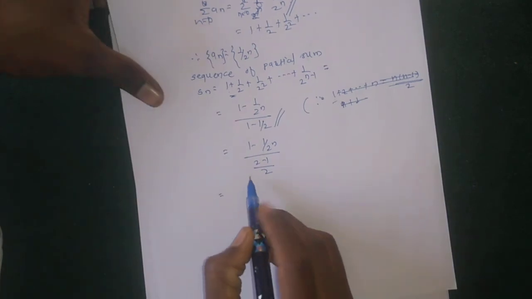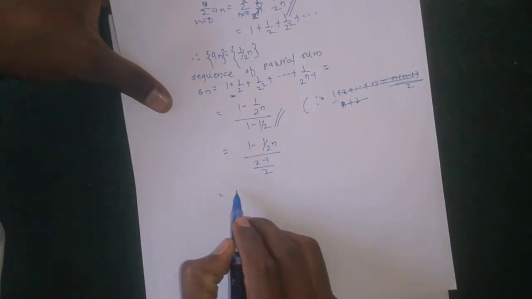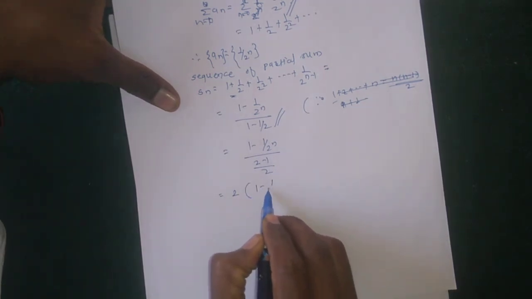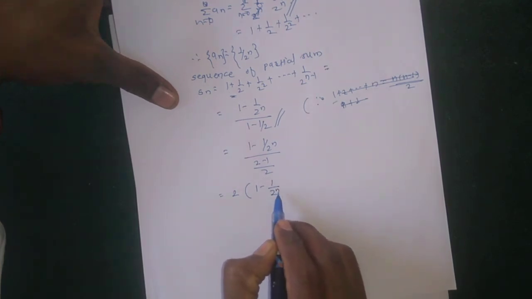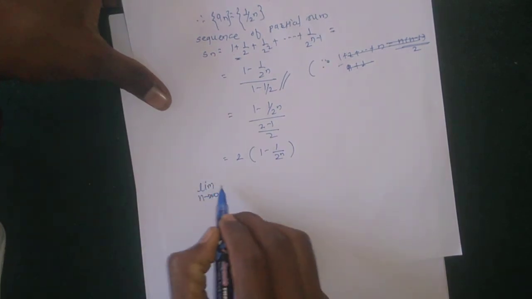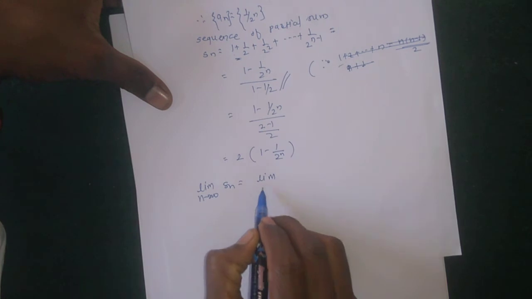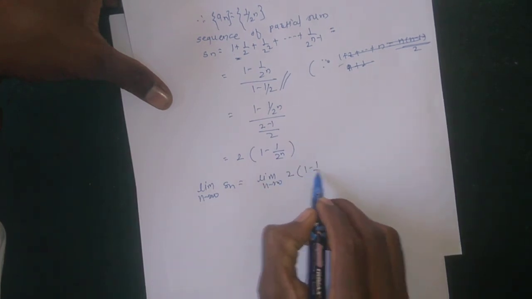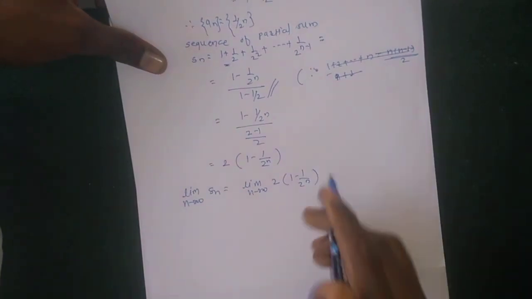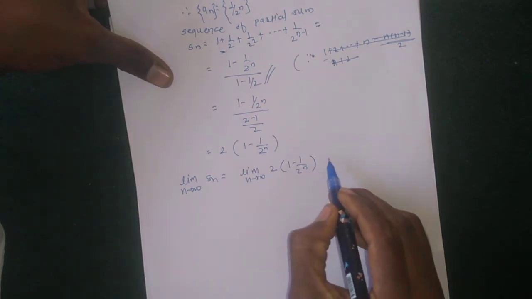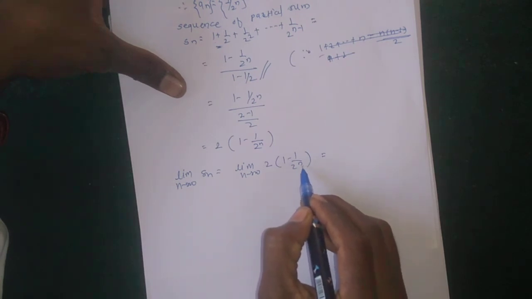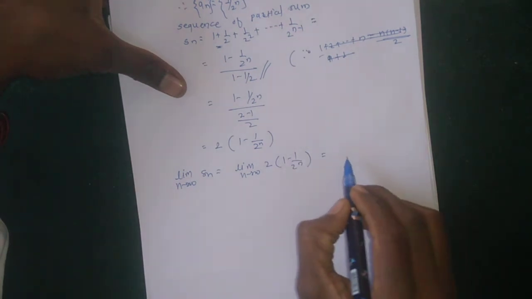Okay, so which implies that 2 we get on the upper side, 2 into, remaining only 2 minus 1, 1, so remaining only 1 upon 1 minus 1 upon 2 raised to n, in this way. Okay, and so we have to find the limit as n tends to infinity of Sn, which is equal to the limit as n tends to infinity of 2 into 1 upon 2 raised to n. If we take n equal to infinity, then 1 upon 2 raised to infinity is 0. So remaining only